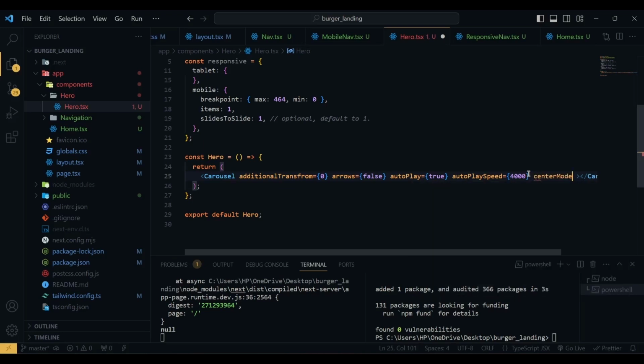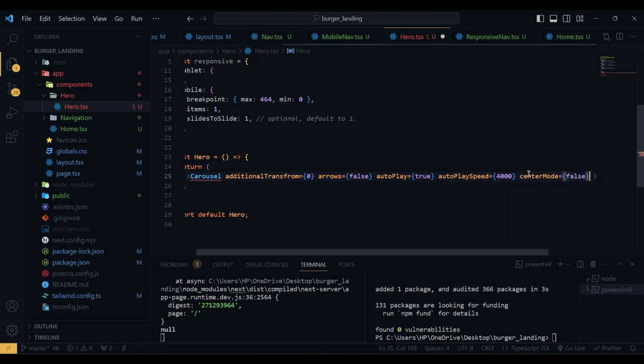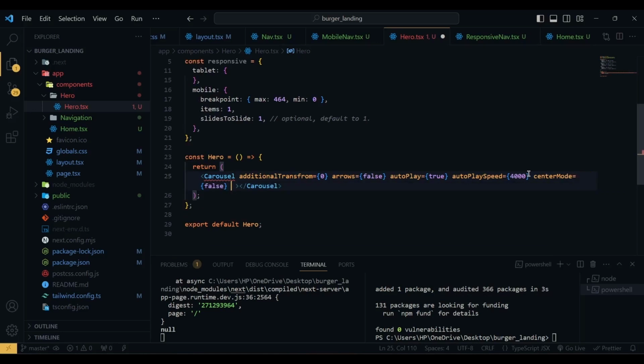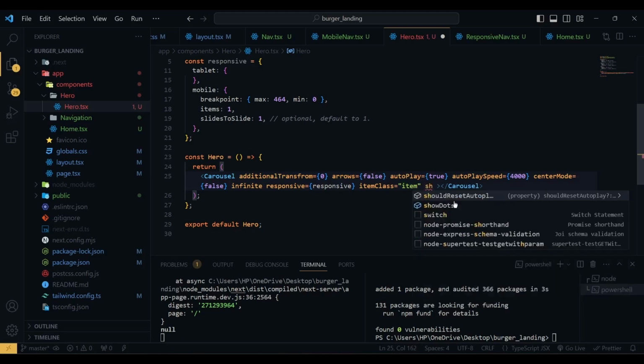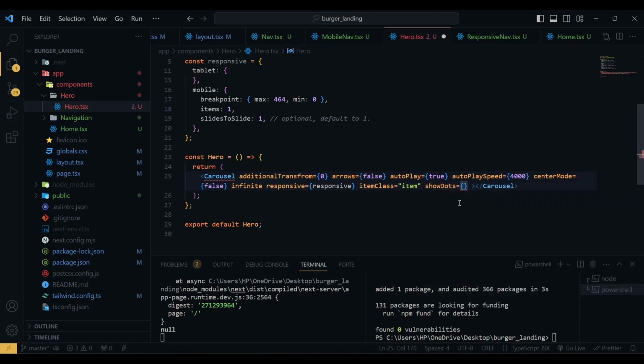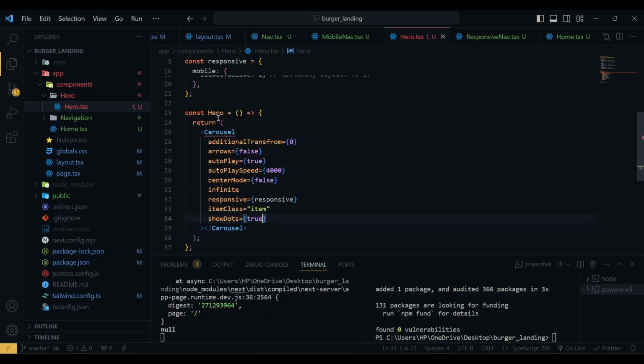Then the center mode will be false. Then we are going to make this infinite, and for the responsive variable we are going to pass our responsive variable here. Item class will be item. You can change the styling for the item here. And finally show dots, we are going to show the dots. So this will be true. So this is our carousel,